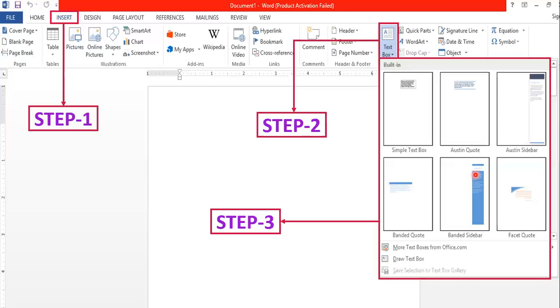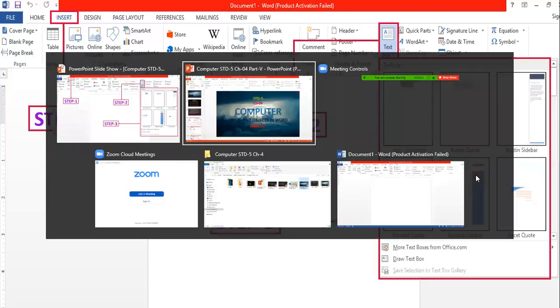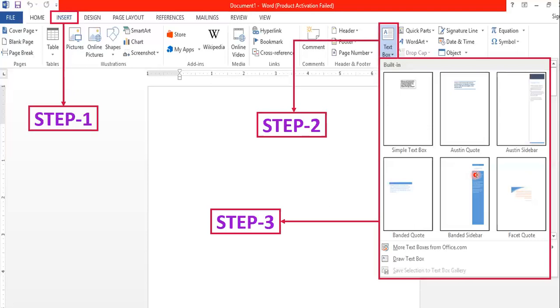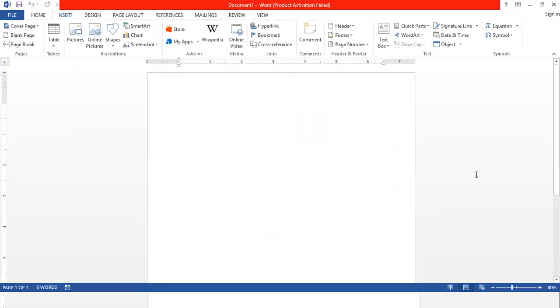So let's see practically how we can do this in the MS Word application. Let's move to MS Word. Our MS Word application is now open. The first step was to click on the Insert tab. Here the Insert tab is already selected, but if in your computer it is not selected, then click on the Insert tab.